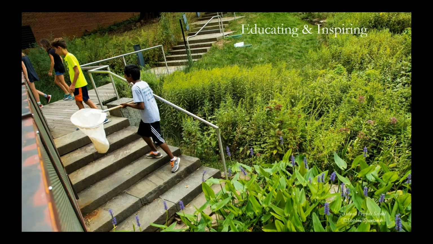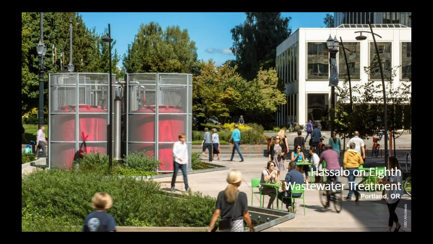And so we're always trying to understand how we take water infrastructure and add value to it, whether it's beauty or educational, or something that really frames a place. This is a system of ours in Portland, Oregon, that treats wastewater from 650 apartment units. And this is the front door of this residential community. And you're looking at its wastewater system on its front doorstep. There are trickling filters in the background and constructed wetlands in the foreground. And a grocery store is right off to our right. And so they have cafe tables so you can sit out, enjoy the